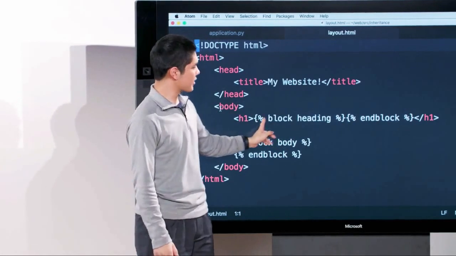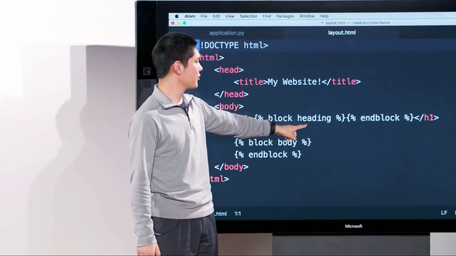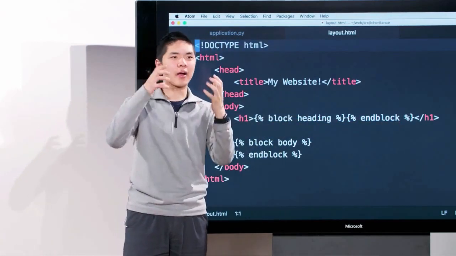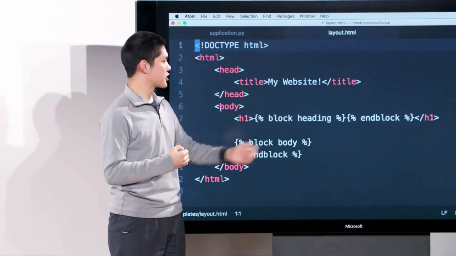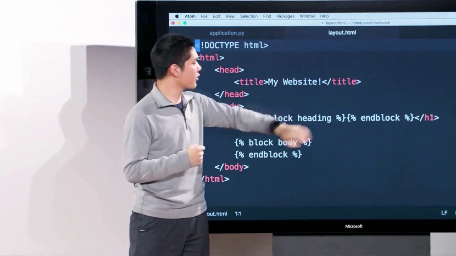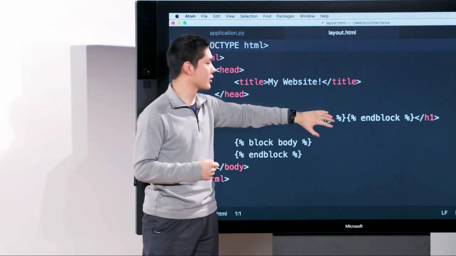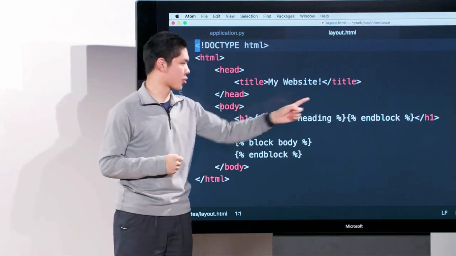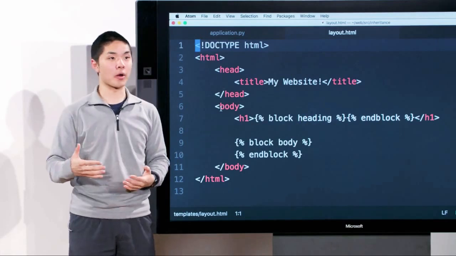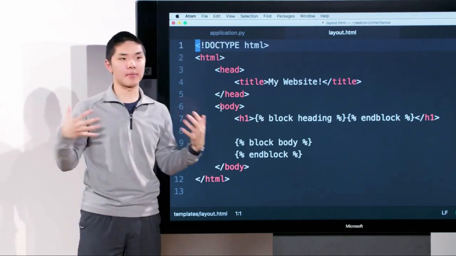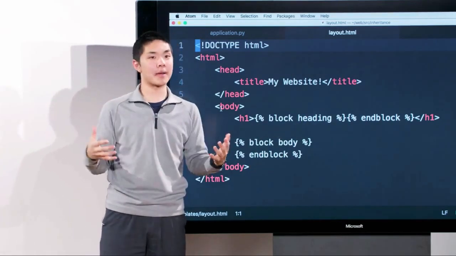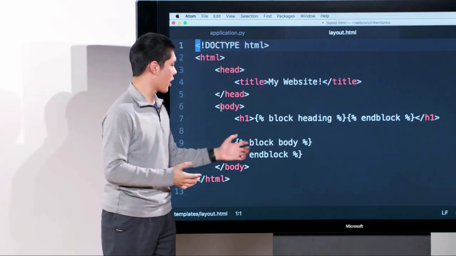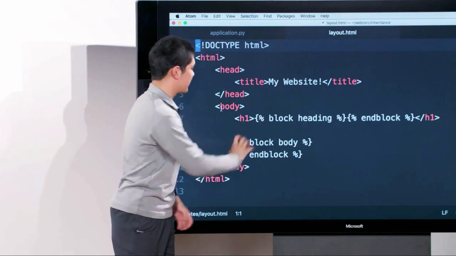But here, I've added some special syntax: block heading, and then end block. What I've done here is defined a variable section of my HTML template, saying that a block of HTML content could go here, called heading, and this is where that heading block should go, in between the h1 tags. Then after the h1 tags, I have another block called the body block. And heading and body are just names that I picked. They could have been called anything. But I'm saying whatever I call the body block should be inserted right here into the body of